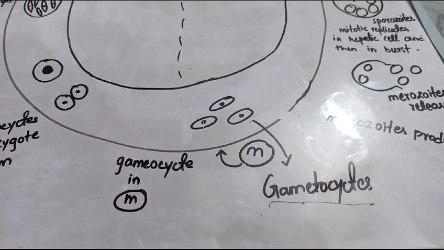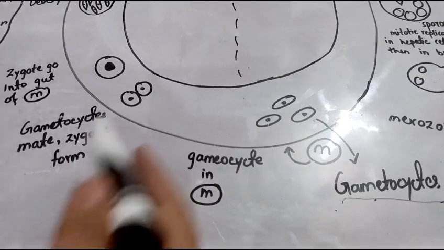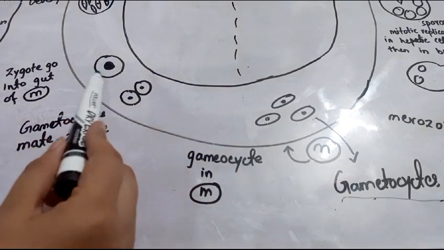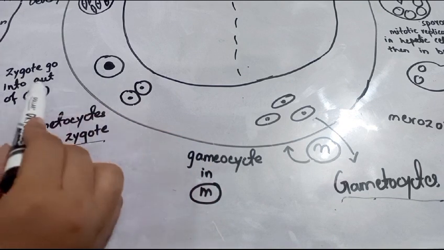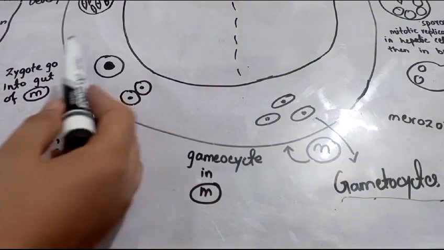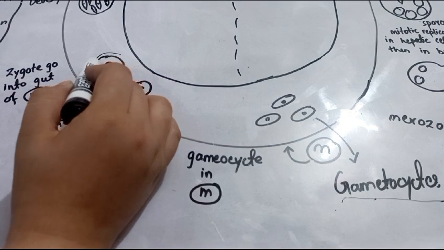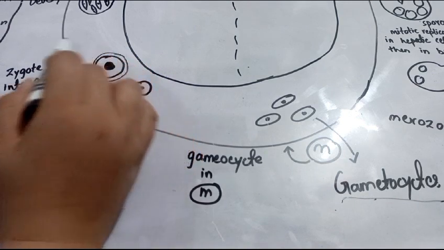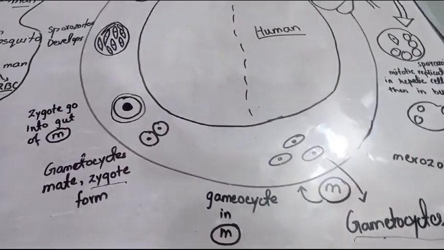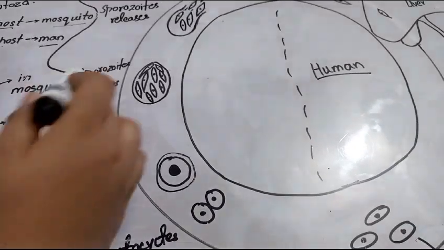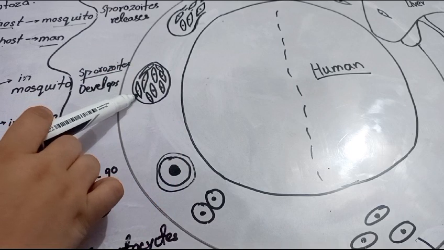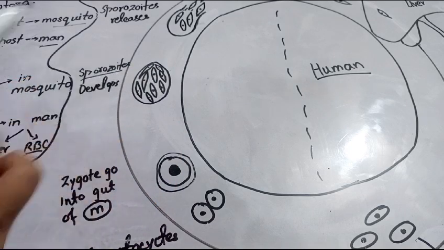Now what is going to happen? These gametocytes will fuse with each other. In the diagram, the male and female gametocytes fuse and a zygote forms. Here the zygote is represented. This zygote will enter the gut of that mosquito. As you know, the gut has various types of enzymes in it, so this zygote will form a membrane around itself in order to protect itself from the harsh environment. Then after that, several divisions will occur inside this zygote, and various sporozoites will develop in it. In the diagram, it is shown that in the zygote mitotic division occurs and various sporozoites are formed. Now after that,